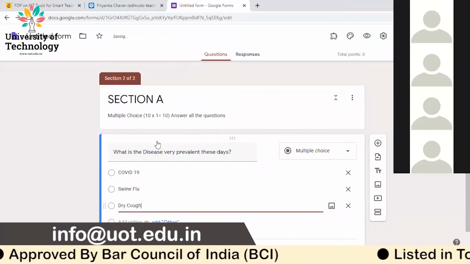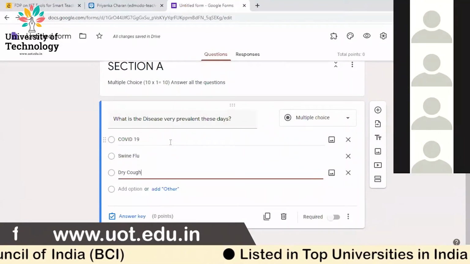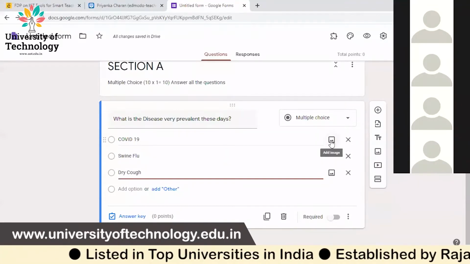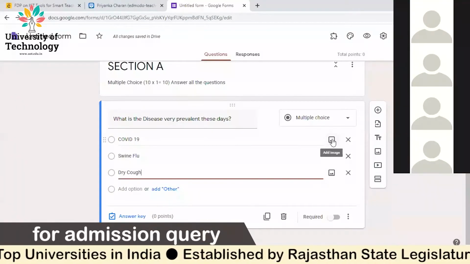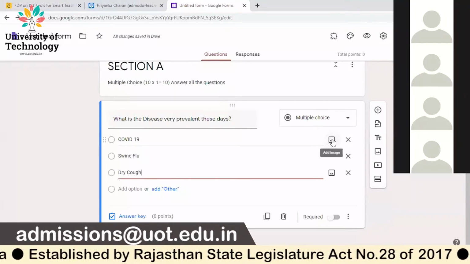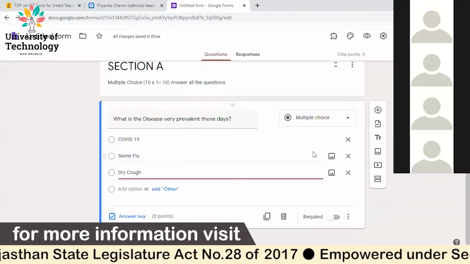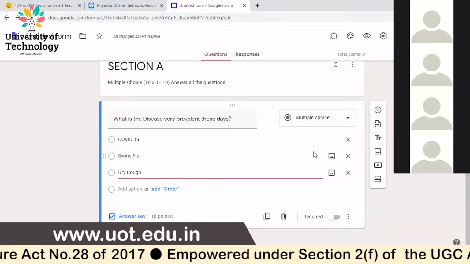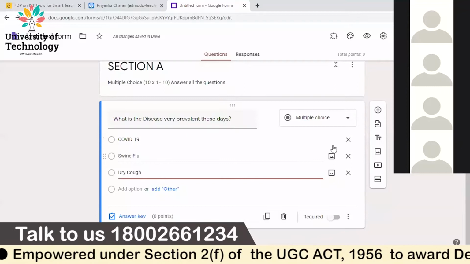Okay, so I have given options. Now, professors, I've added the options. As I told you earlier, here you can add options as images. For example, what is the capital of India? You can give the pictures of Delhi, Mumbai, Kolkata, Jaipur, and things like that. You can add images as options, so the participants will be able to choose by pictures also. That is also possible. Professors with a mathematics background, with notations and expressions, you can go for adding images as options.